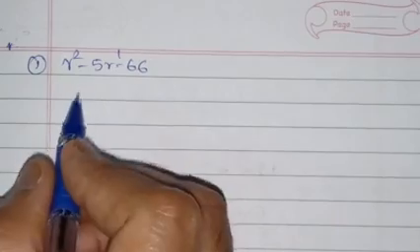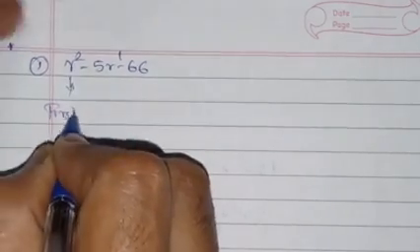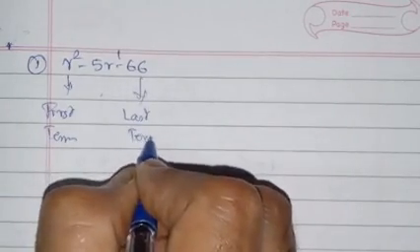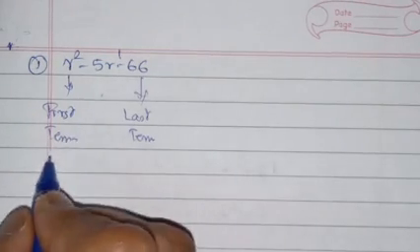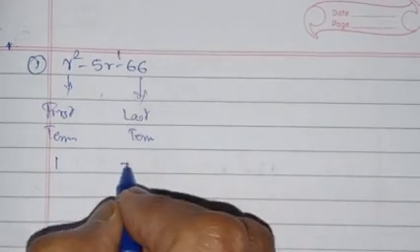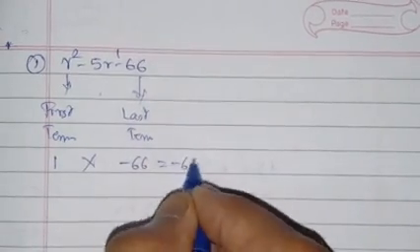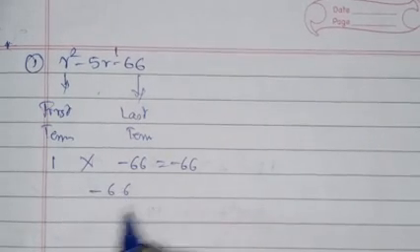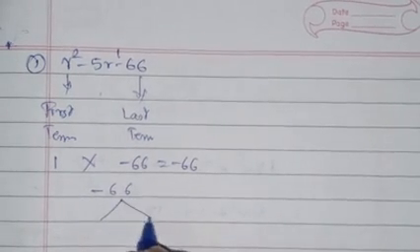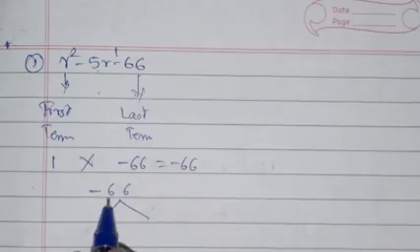ओके, ह्याच्यामध्ये फर्स्ट आपण घेणार, दिस इज कॉल्ड एज द फर्स्ट टर्म. ओके, दिस इज कॉल्ड द मिडल टर्म and this is called the last term. For this we are going to take the coefficient of r square is 1, coefficient of the last term is minus 66 as there is no variable, so product of this is minus 66. Minus 66 is going to help us to find the product or the factors for this middle term minus 5r.